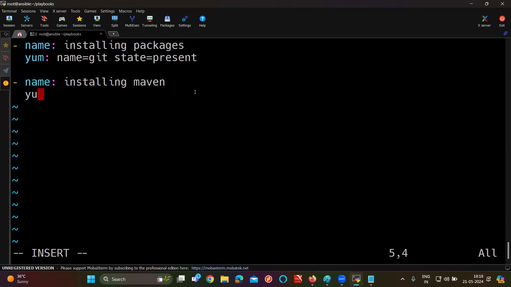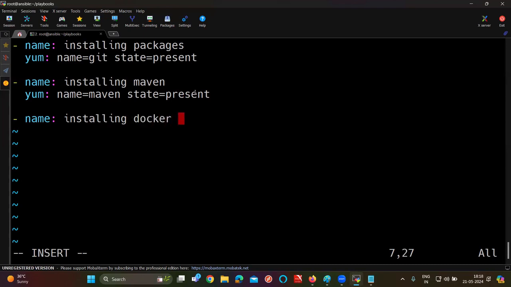Yum name is equal to maven, state is equal to present. Third, I want to install a package called Docker. So - name installing Docker. Next here, module yum name is equal to docker, state is equal to